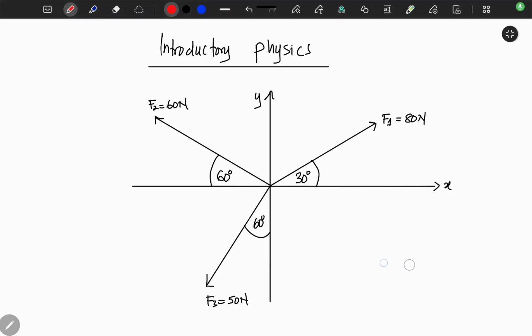About this question, and I want us to work it out together. Okay, so it's coming from introductory physics. So we've got these vector components. The first one is F1 80, the other one is F2 60, the other one is F3 50, and we've been given